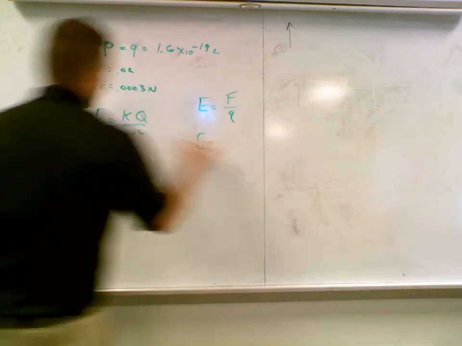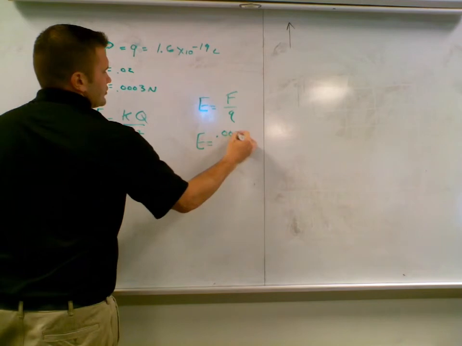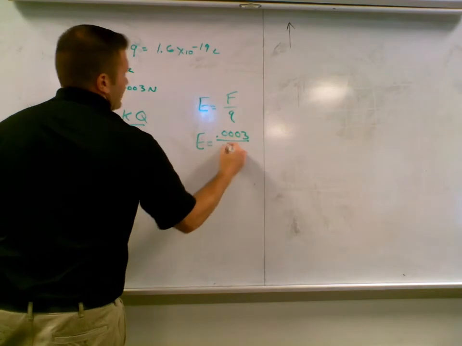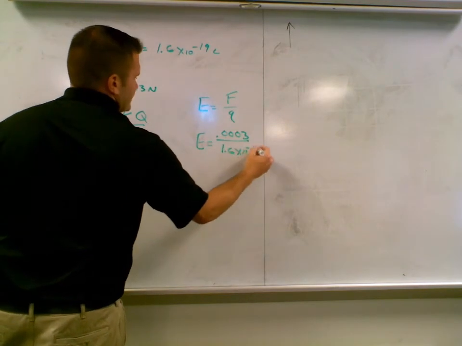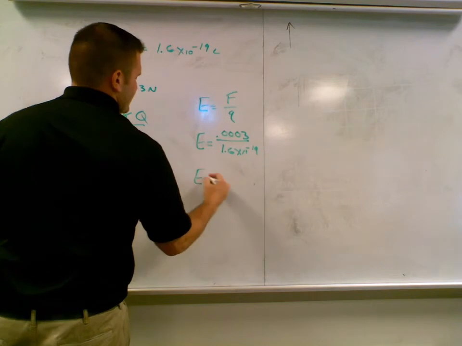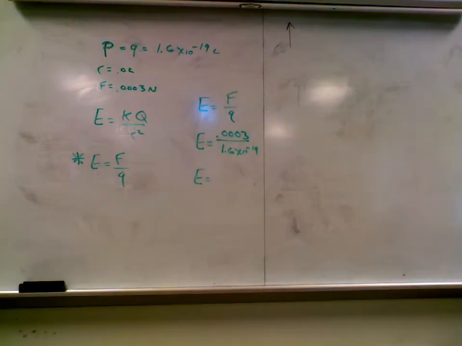E equals 0.0003 divided by 1.6 times 10 to the negative 19th. Right? So 0.0003 divided by 1.6 times 10 to the negative 19th gives 1.875 times 10 to